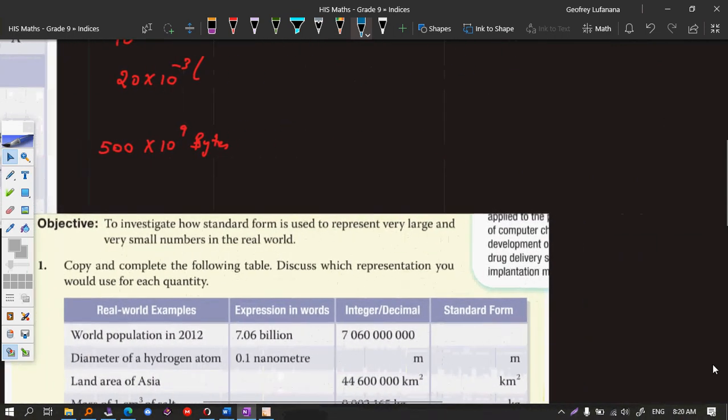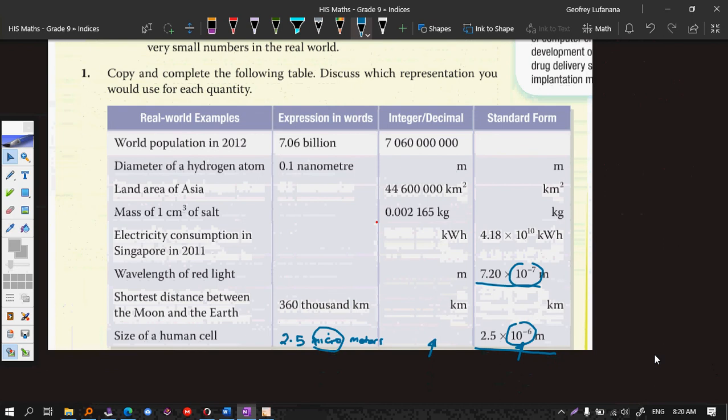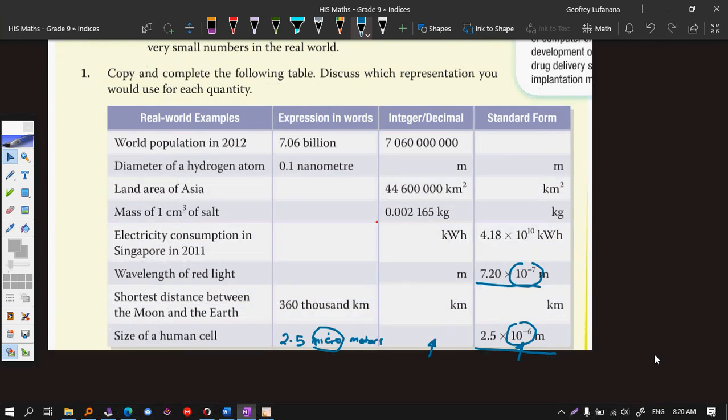How can I achieve a negative 6 in my calculation here? It means that if I multiplied with a 10 here, it will go to a negative 6. So I'll also multiply with a 10 over here. So my expression would be 72 times 10 to the power negative 6, which means that the wavelength of red light is actually 72